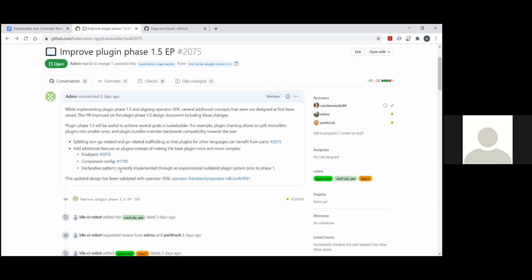So those are some of the advantages of implementing plugin phase 1.5. The main concern right now about doing so is... Let's wait. Let's just do a recall to see if everybody in the call gets the idea of your